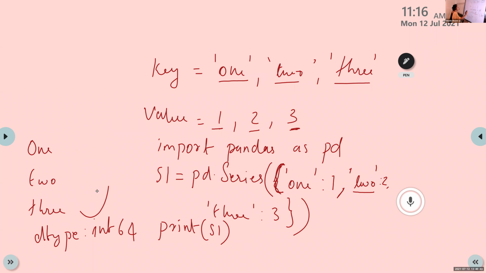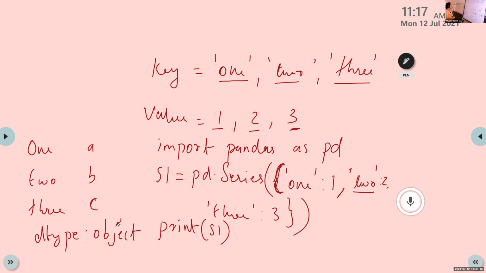If you are using ABC, and Joe, what is the type here? D type. If the value is ABC, object. Correct. If the value is ABC, the D type is object.